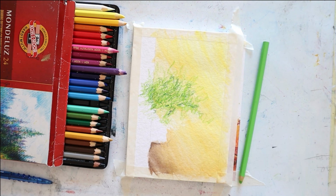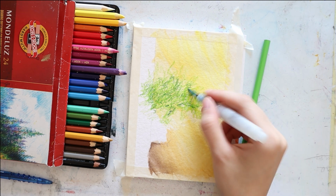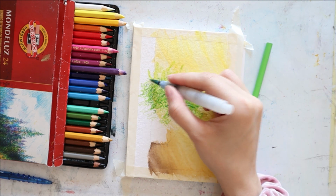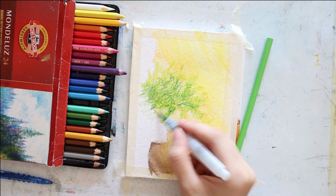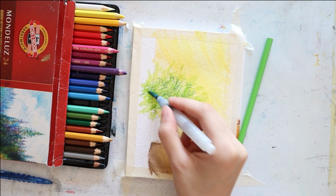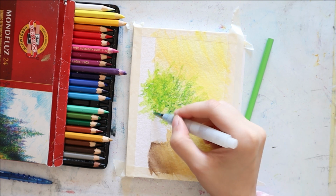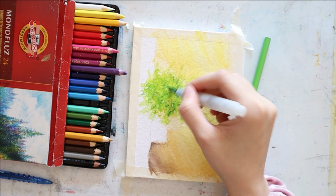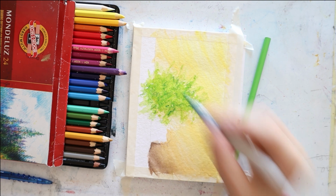Then I mix everything in with my watercolor brush. I'm starting from light to dark, and I'm using tapping motions instead of just left to right strokes. This way it looks more textured, it looks more random, and it just gives an overall better idea of foliage. I'm just tapping randomly across the flower pot, the lighter and the darker areas,